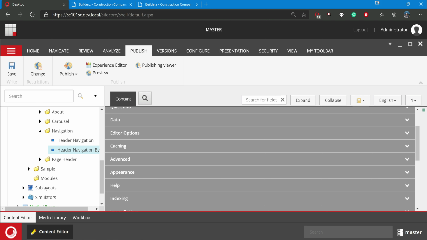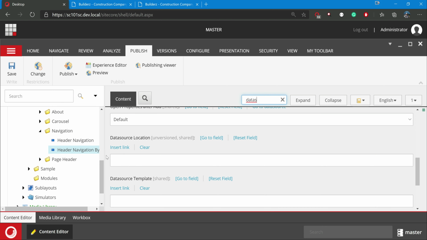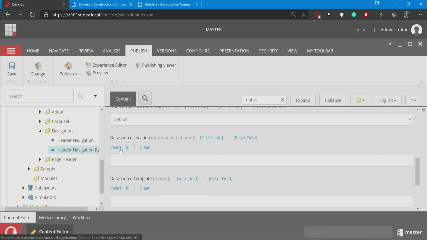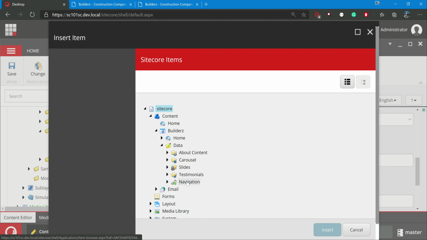Just collapse everything and go to the data source. Yeah, location and template. For this, the data source is under data, and it would be here.